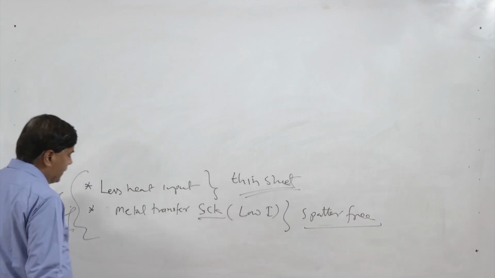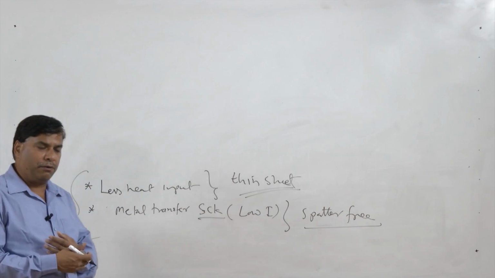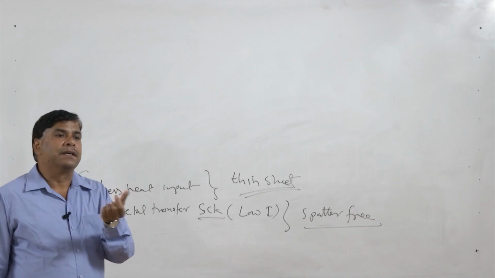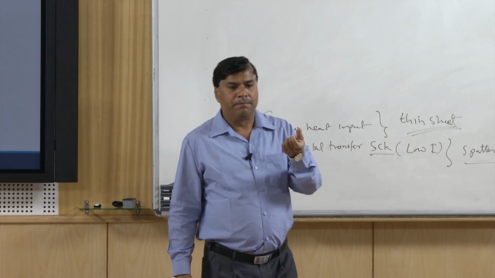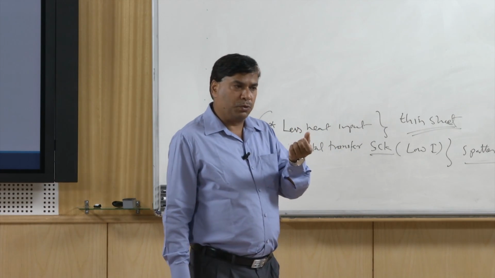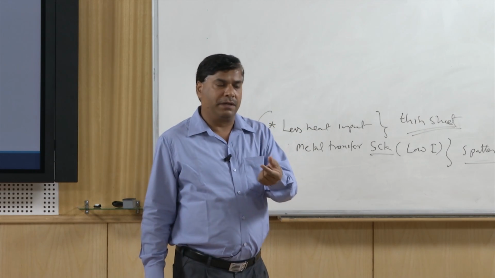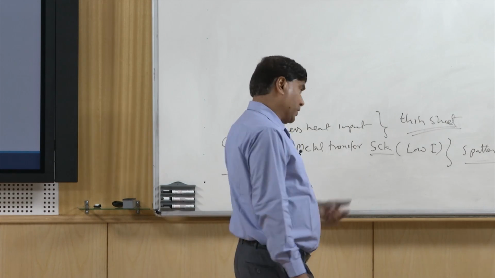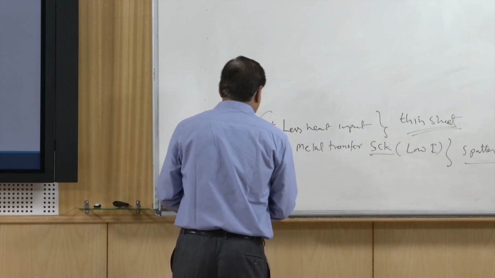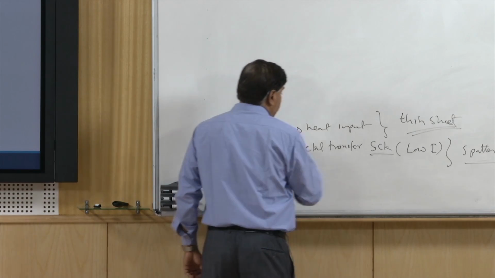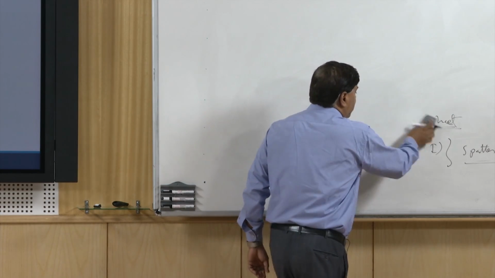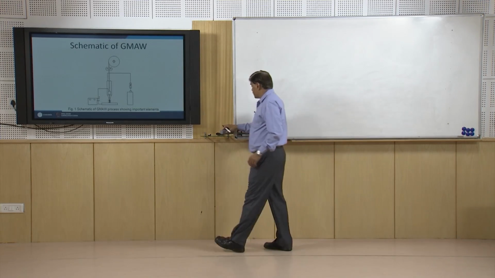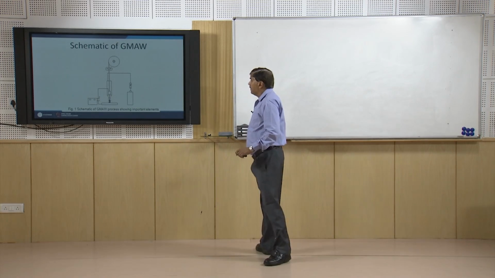If you see, it combines the positives of the pulse GMAW, and additionally it uses the unique back and forth movement of the electrode, which facilitates the touching of the molten metal drop to the pool for smooth transfer, so that the metal is transferred in a spatter free way, using very low heat input. Now, we will see